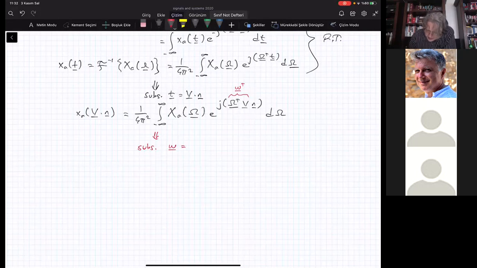Okay, omega transpose is equal to capital omega transpose times v. With this substitution, I will have some problems with this one, because of course omega is therefore related to